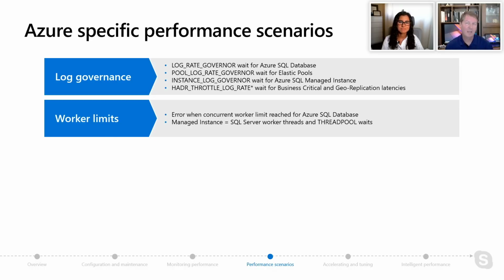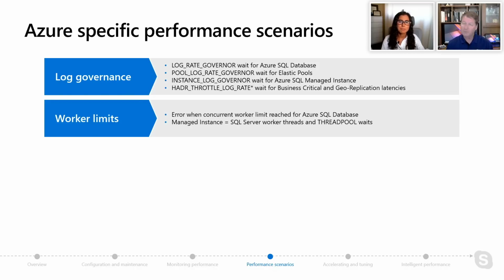Now for Managed Instance today, we do have a worker pool, and if you run out of that worker pool, thread pool waits, like you can see in SQL Server, may show up. We're thinking that we may need to make that also a limit in Managed Instance. We're still deciding on that because we've seen some customers that have bumped up their worker threads and caused performance problems for the application. But know today that max worker threads is something you can configure, and it controls worker limits for Managed Instance.